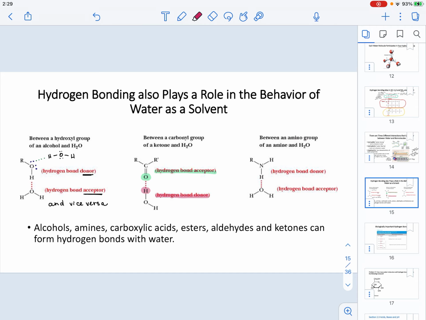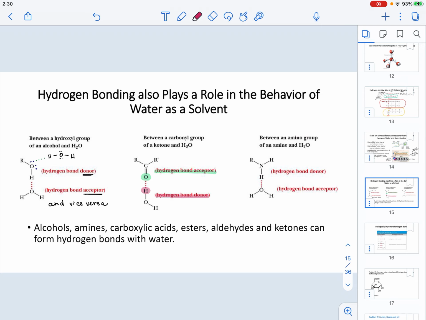So that is going to be the interaction between something that has a carbonyl and a water molecule, where the oxygen in the carbonyl is the hydrogen bond acceptor and the hydrogen in the water is the hydrogen bond donor. In this case, understand that the reason why I didn't write vice versa is because the oxygen atom in the carbonyl does not